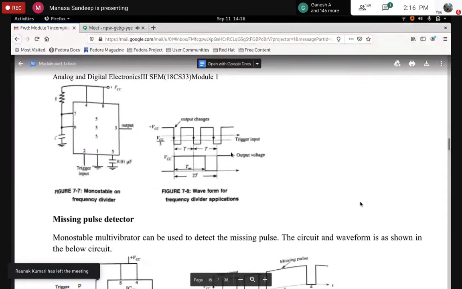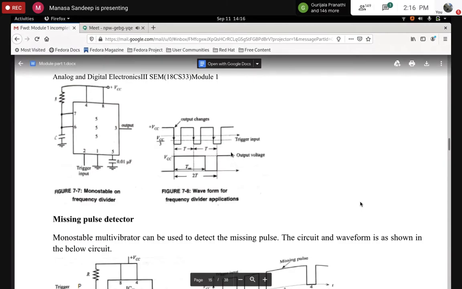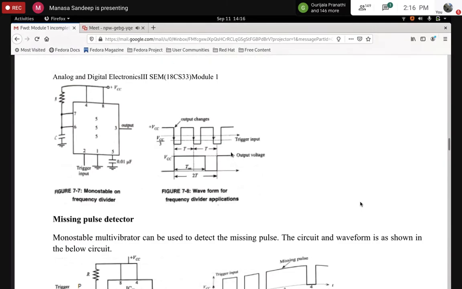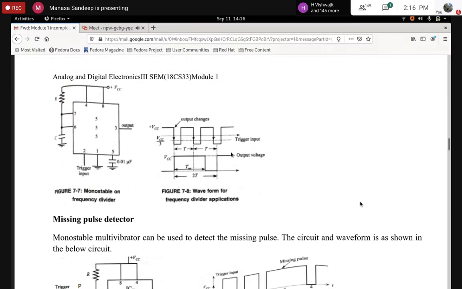So guys, if I have confused you, it's nothing. Exactly this is what the input is. So what you're going to do, you will write the circuit, and after the circuit you will write the input waveform. The input waveform time period will be t, and the output waveform time period will be 2t. So what is t here? One complete cycle is nothing but the t, right?